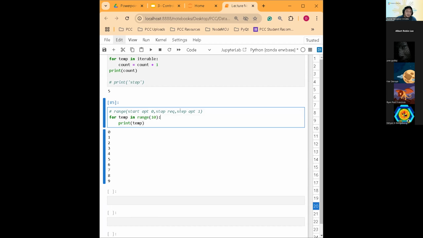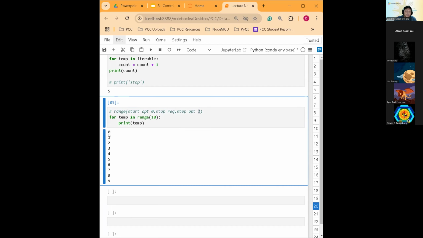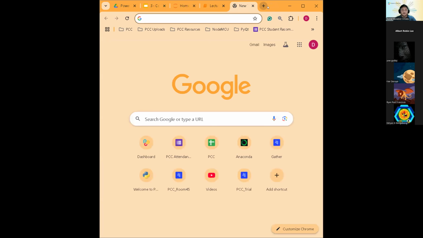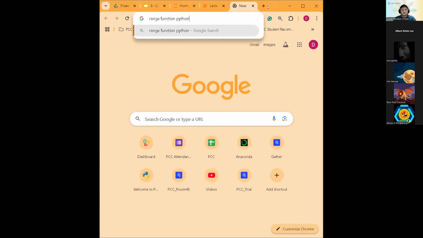Next, the step is 1. So on each call of the function, it will add 1 to it. That's why we see 1, 2, 3, 4, 5. There's an increment of 1. So that's how the range function works. Now, this is a function, but it works like a sequence. So when you read the definition of the range function,